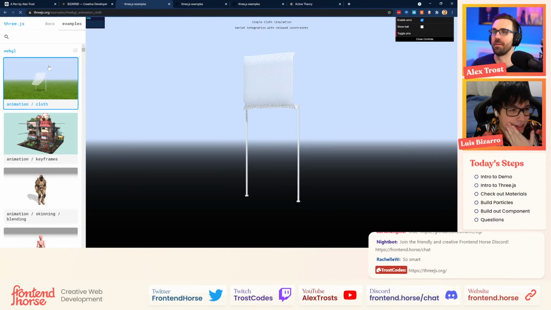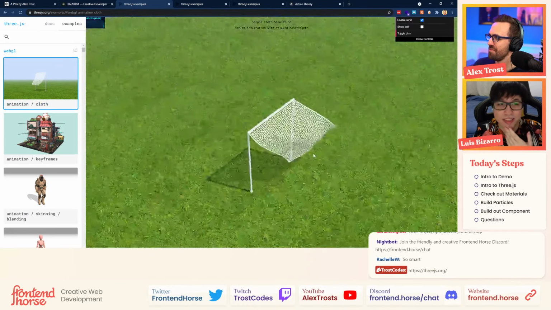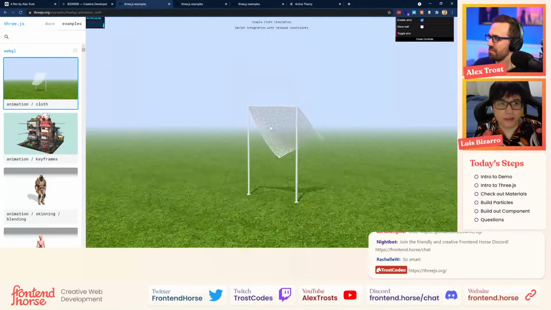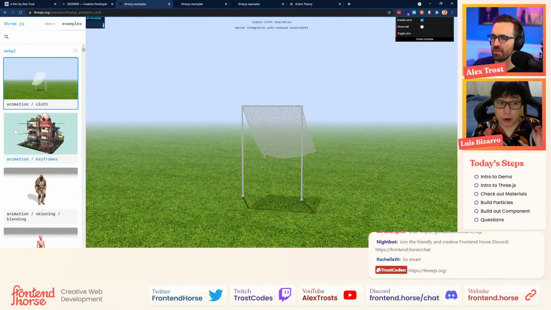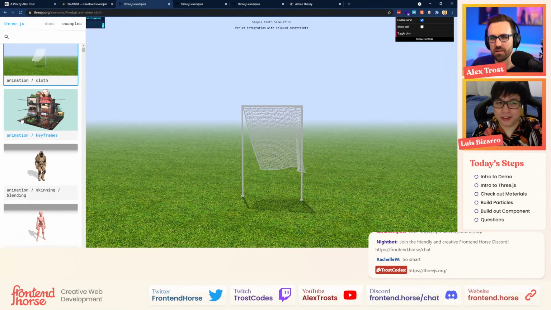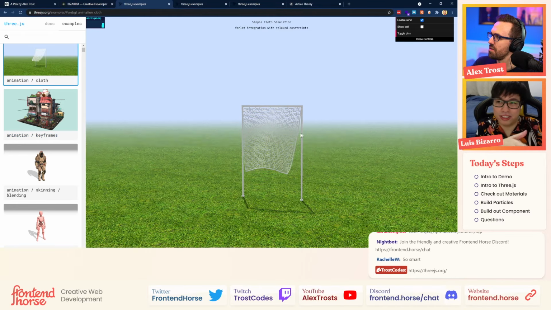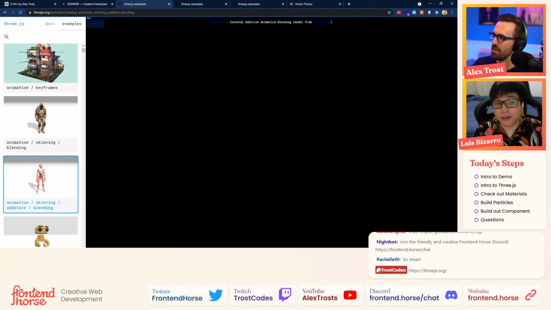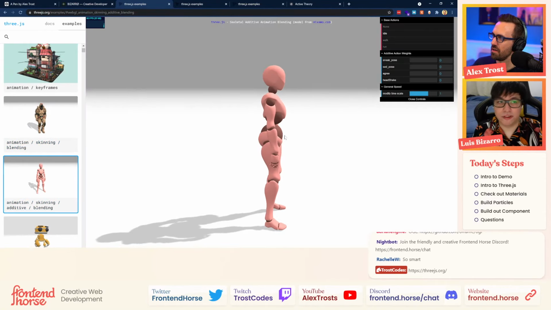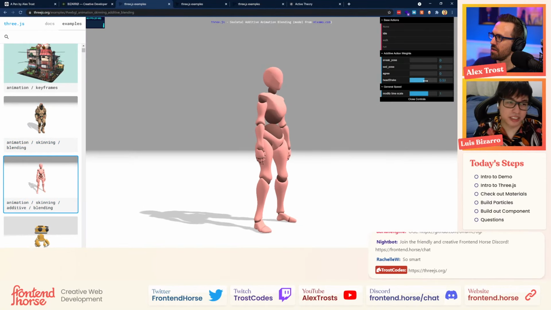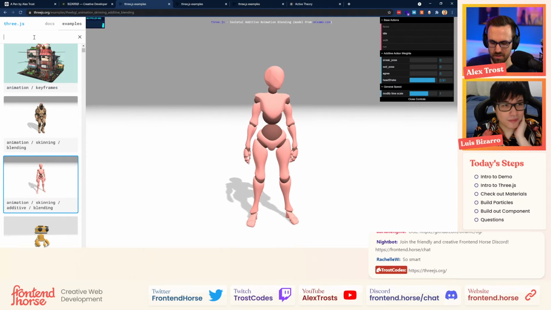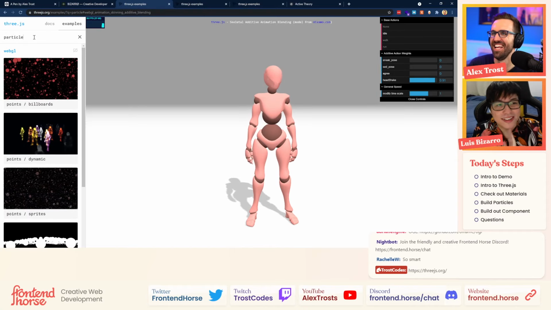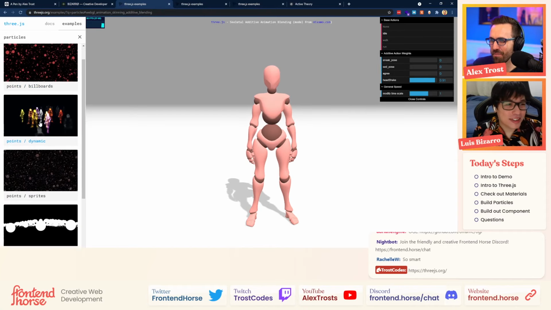Right. If you click, yeah, you can see that when I was learning WebGL, I was kind of overwhelmed about how many different examples you have. And when are you going to use these different things? Sometimes it's mostly about what you need for your project. So let's say if you need particles, you can use the search and type particles. Okay. I'm getting lost in my own thing. It's all so fun.